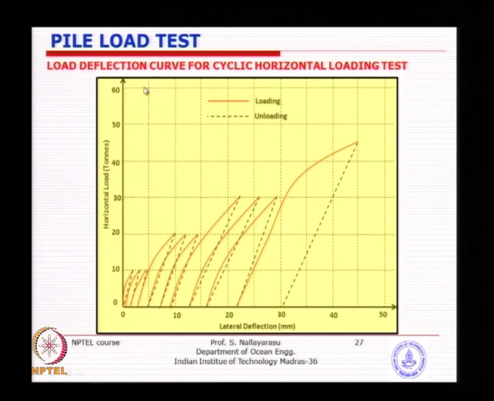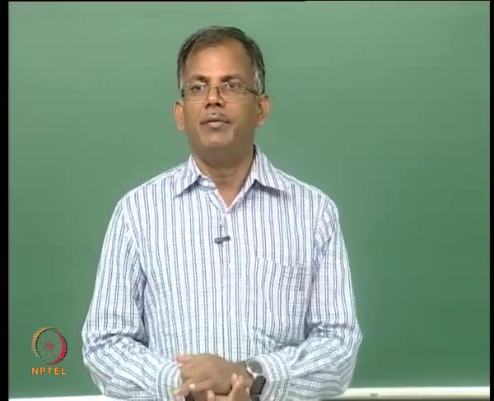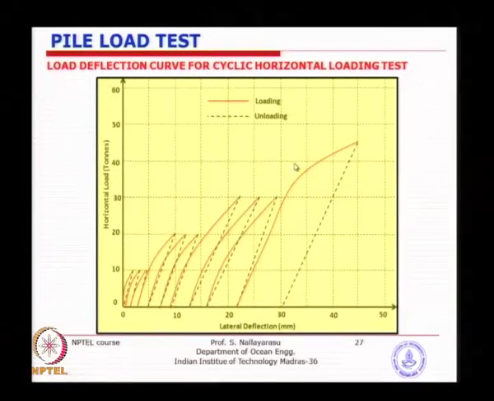A typical cyclic load test result or plot shows how you carry out the loading and unloading process, basically the horizontal load versus lateral displacement. You take it through one cycle at a particular load level, bring it to 0, and repeat it a few times just to get the repeatability, and then again increase to a higher load, repeat it again, load and unload. Since no dead weights are involved, here there is only a hydraulic jack, doing such a load test is very easy. Then you repeat it again and again for various loads and stop when you actually reach the expected displacement.